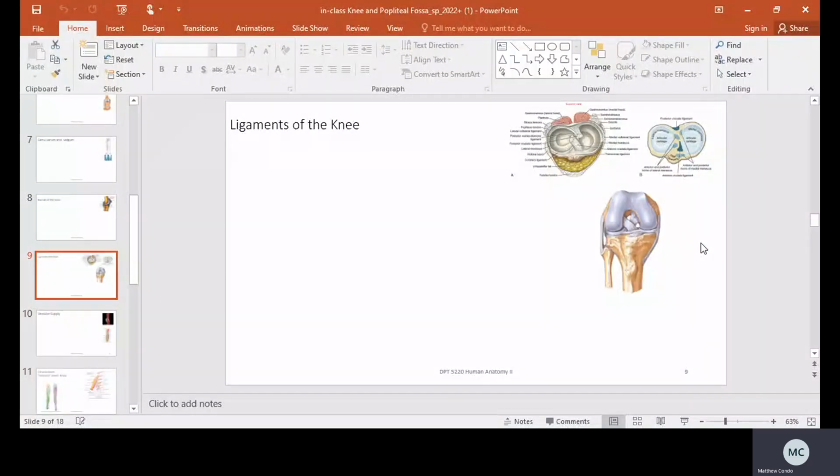To cover, I'm going to start off with the ligaments of the knee. We already kind of covered that last week. Remember what each ligament is going to do, right? So ACL, anterior cruciate ligament, does what? Anterior tibial or posterior femoral. Okay, those are both equally important to remember, because what's going to happen is you're going to have somebody, and